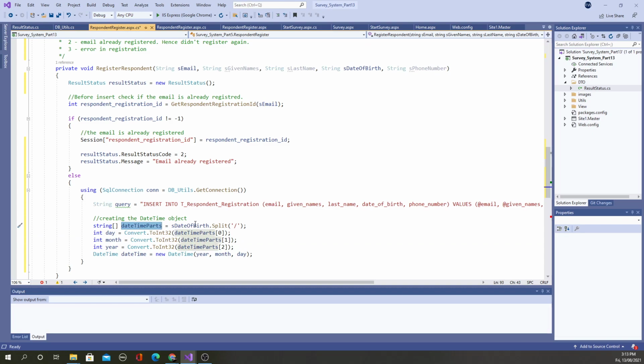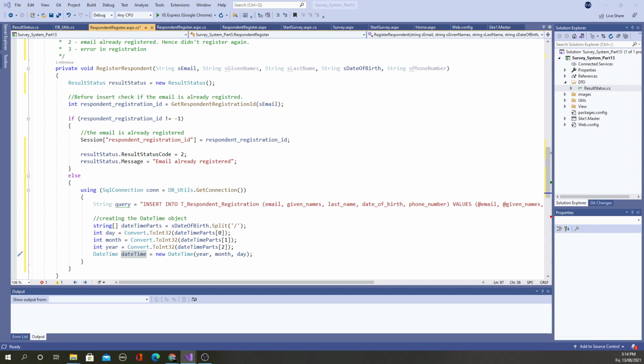So once you call the split method and get it into an array, you can take that array and say element 0, which will give you the day, element 1 will give you the month, element 2 will give you the year. Then you convert them into integers, and then you have 3 integers, and now you can pass them to the date time class constructor, and it creates a date time object. So why did I do this? That is because in our database, the date of birth is of type date time. It is not a string. So we need to make sure we create a date time object. Awesome. So that is a bit of pre-preparation and cleaning of data.